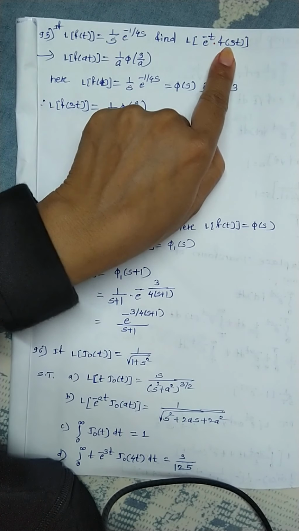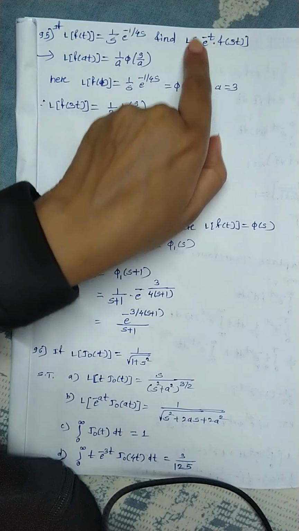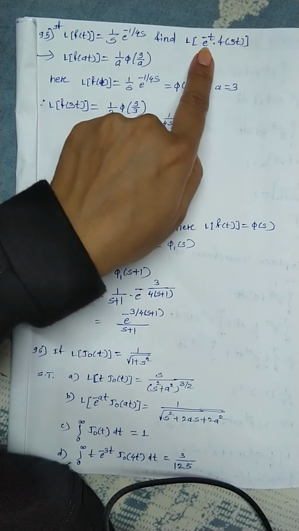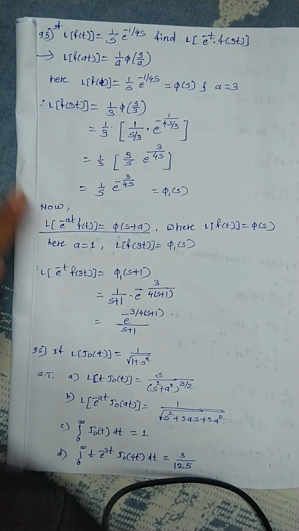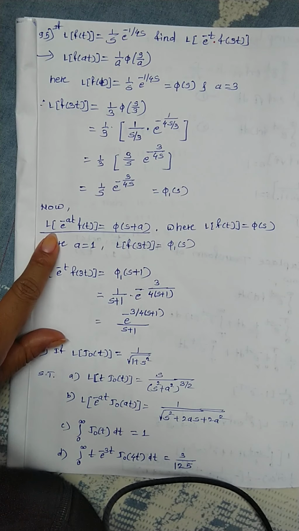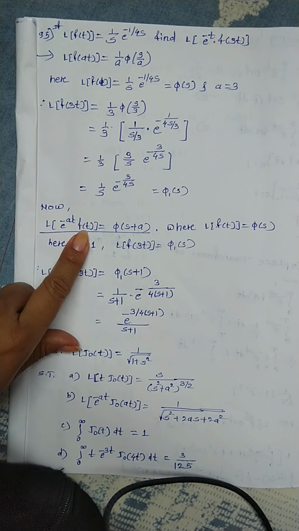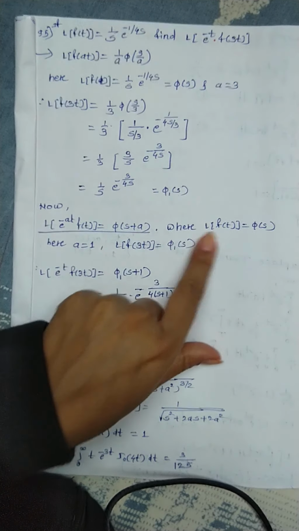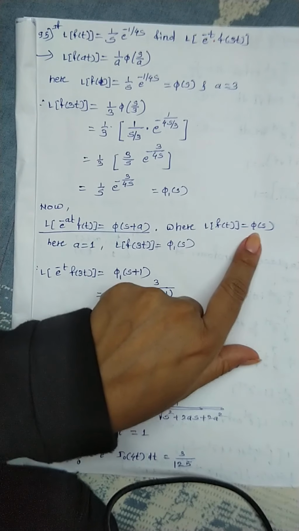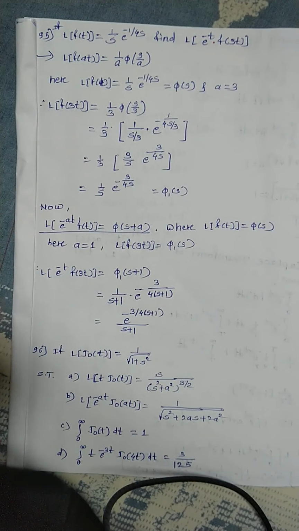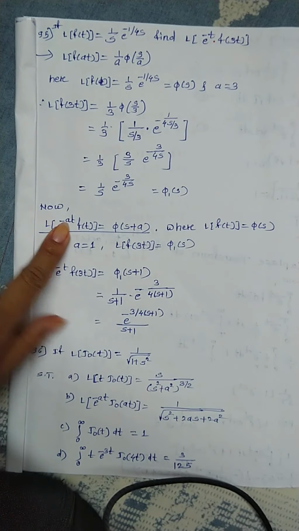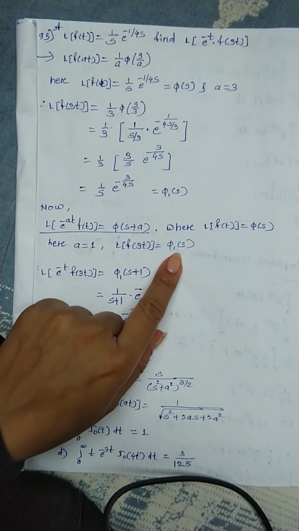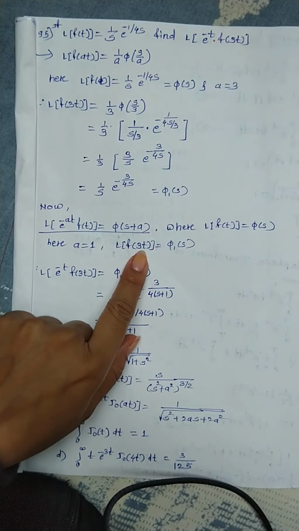This is what we have just calculated, the Laplace transform of this function. Our original question is we have to find out the Laplace transform of this. That's why call it as phi 1 of s, because we are going to use now the exponential property. What is the exponential property? Write down. L of e raised to minus at f of t is equal to phi of s plus a, where L of f(t) is phi of s. This we know. Now what is a here? By this exponential property a is 1, right? And what is phi of s? That is phi 1 of s.